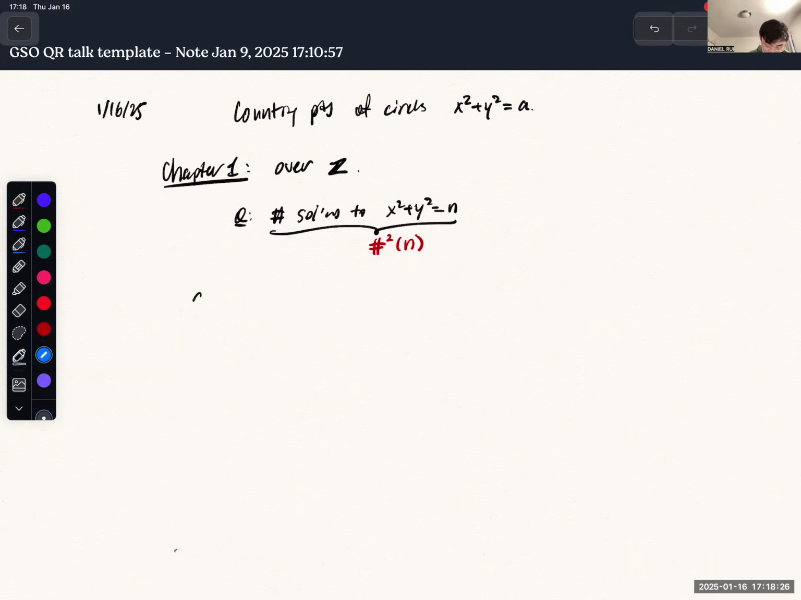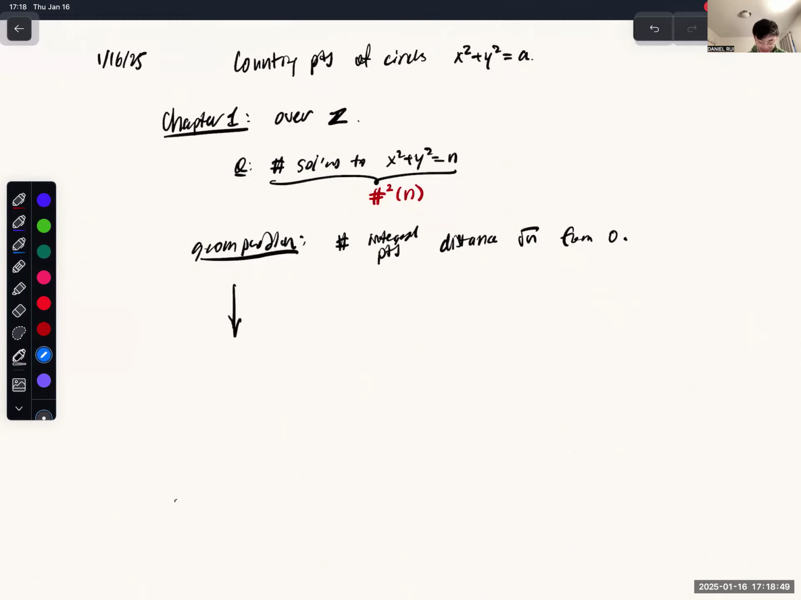This, of course, is a geometric problem, right? We are trying to count the number of integral points, in other words, integer lattice points, with a distance of root n from 0. This is obviously a geometric problem, but the, I think, miraculous insight is that actually this is better solved as an algebraic problem. So what is the algebraic problem? It is the observation that x squared plus y squared can be factored. This is a factorization problem. x plus iy times x minus iy equals n. In other words, as I said, a factorization problem